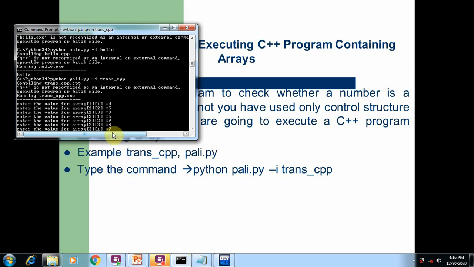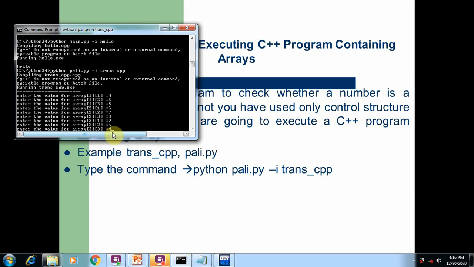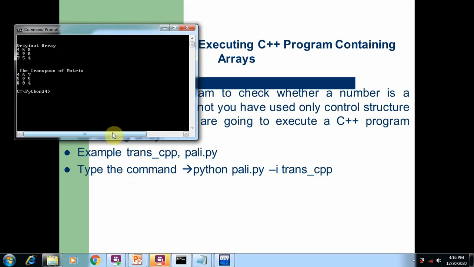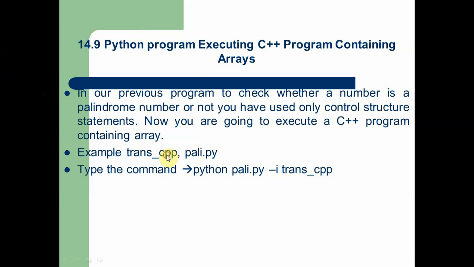array values, which are stored in the C++ variable, and all the values are stored in the original array, namely A. After that, these array values are transposed, creating the transpose matrix. See here, the column values are converted into rows. 467 is in the first row, and the columns are converted into rows. So 595 is converted into the second row, and the third column is converted into the third row, 884. So this is how we run any C++ program containing